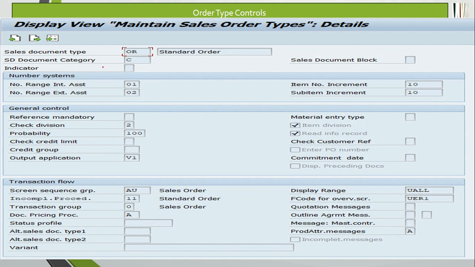Important fields, you should be handy with the sales. What is sales document category, what is sales document block, what is number range, what is internal, what is external, what is item number increment, what is sub item number increment. I hope you have understood all these. What is reference mandatory, what is item division, what is read info record, what is check customer reference, what is enter PO number, then what is probability, what is credit limit, what is check division, what is screen sequence group, display range, incompletion procedure, right, document pricing procedure, quotation message,